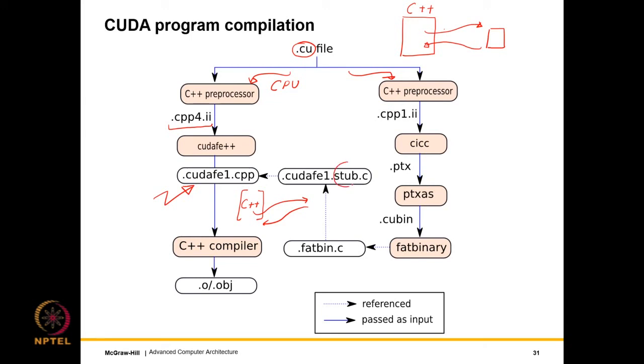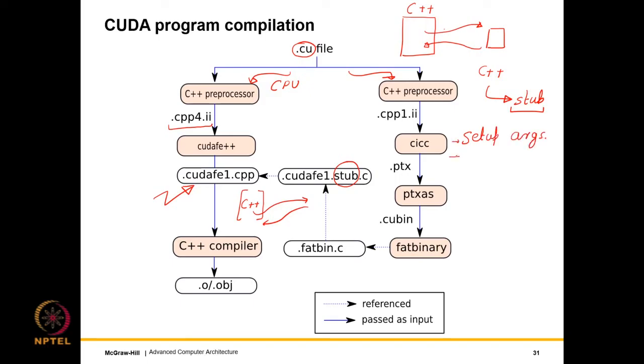It's important to understand what a stub function is. A stub function basically means that if, in the C++ code, I'm calling a function to be run in the GPU, then instead of calling the real function, which I cannot because it's written in a separate ISA and so on, I actually call a stub function. The job of the stub function is to do a bunch of things for me. These include setting up the arguments, right?